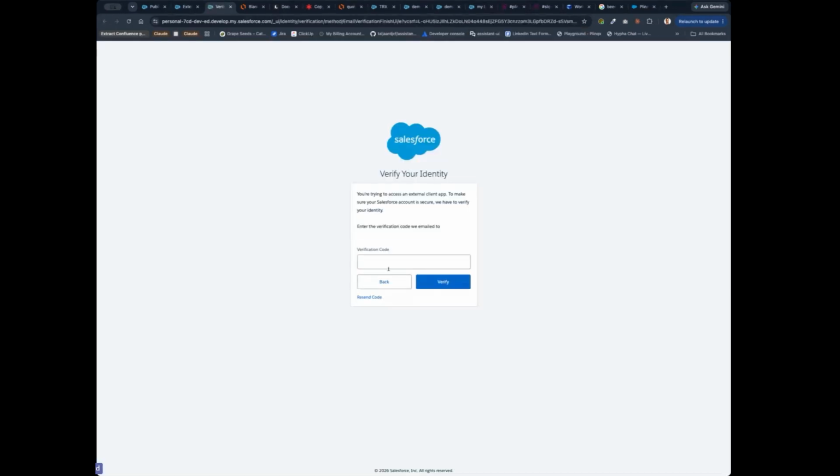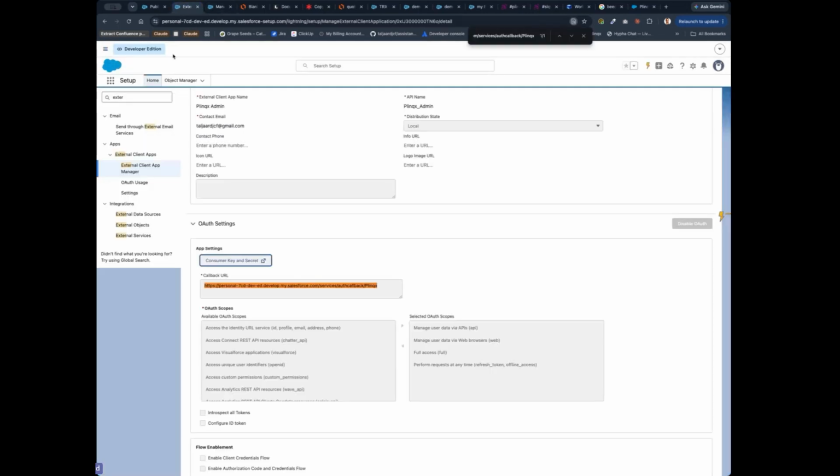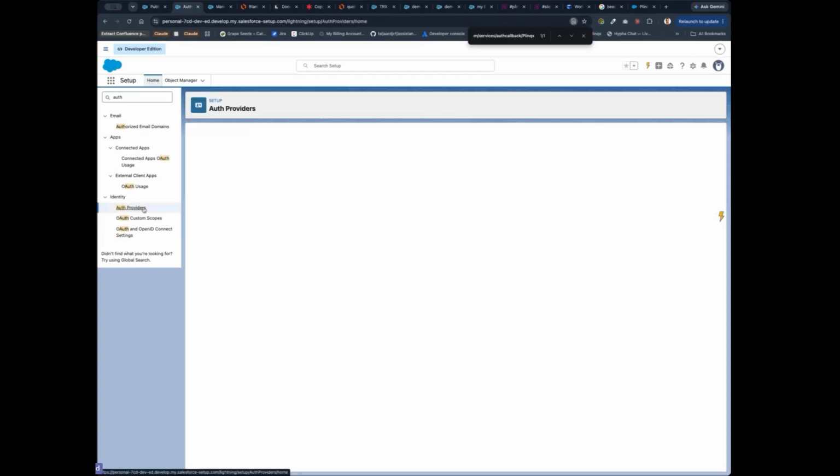But then we go through the consumer key and secret. And we need to go into the consumer key. So normally that would send you an OTP or if you have configured your MFA application. So set that in, because we do need the consumer key and a consumer secret. So copy those, put them somewhere else. We're not going to need them always, but then once you've copied those, if we go back to auth providers,